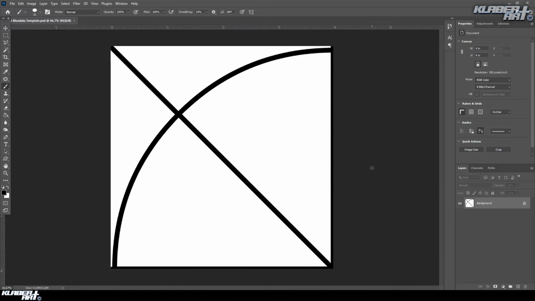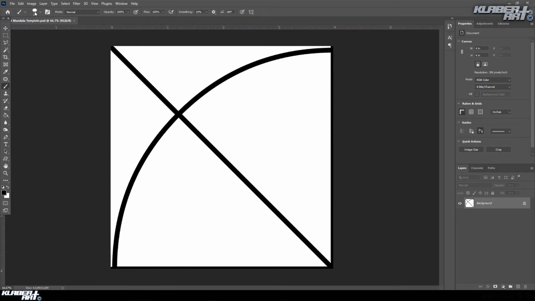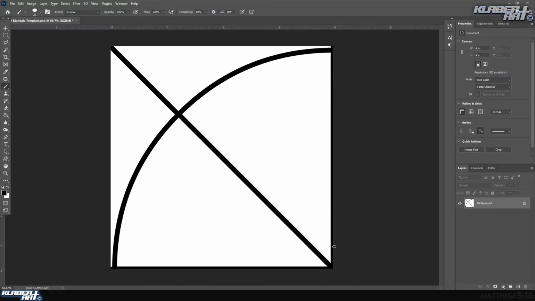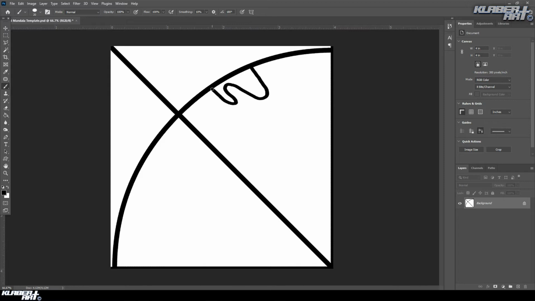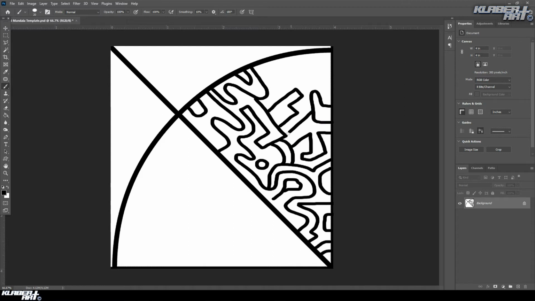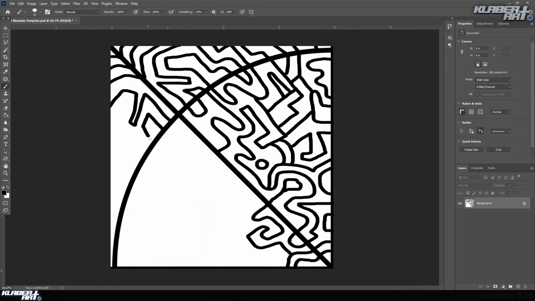So this is what you're doing. The first thing you need to do is make sure your brush is black, and then find the brush tool, go up to the options bar, make sure the hardness is at 100%, and I would put the size at 20. And then you're just going to randomly draw all over the mandala. You kind of want to do shapes, organic shapes, geometric shapes, whatever kind of shapes,